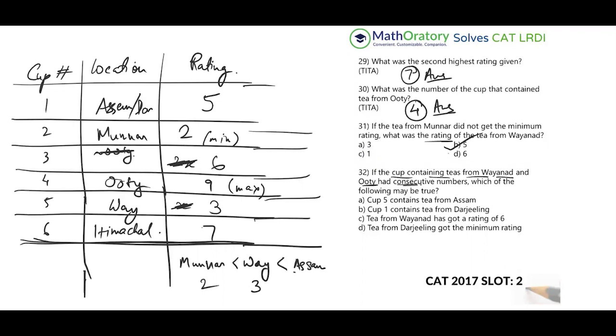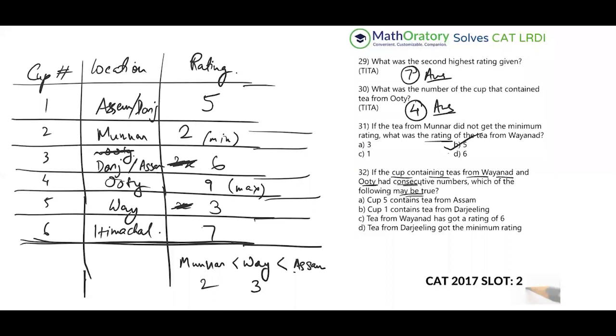Please understand, I'm filling up this table because this is the last question of this set. Otherwise, I would not have filled up the table. So this is what we have, right? So let us look at that. So we are looking for which of the following may be true, right? So three options will be definitely false, and one of them may be true.